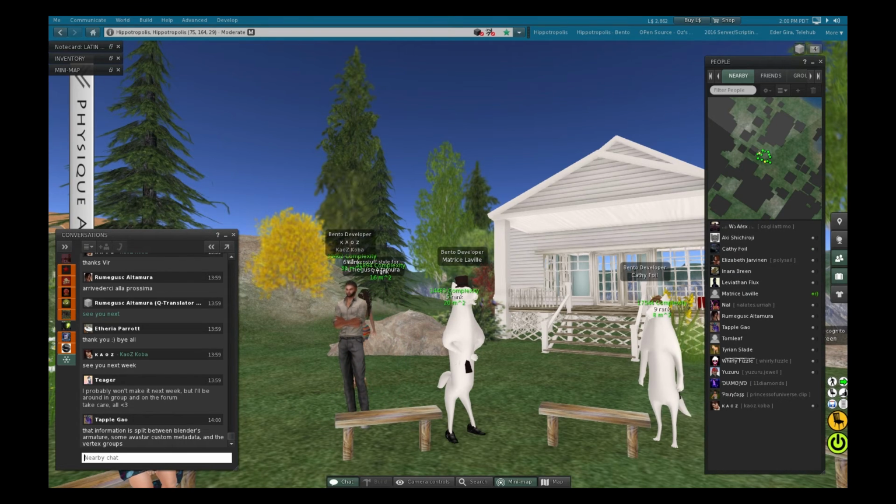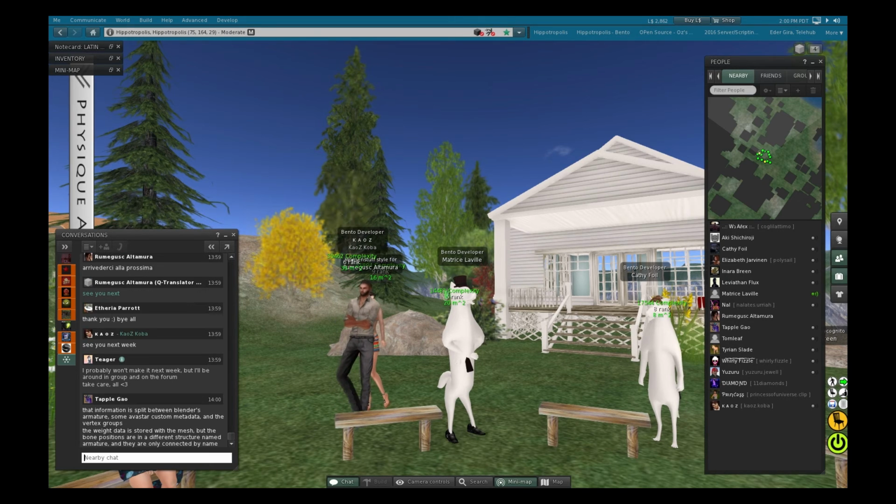Yes, you can create weight maps, which are entities used for several different purposes. As soon as you name a weight map exactly like a bone, then Blender understands this weight map is supposed to be for that bone.